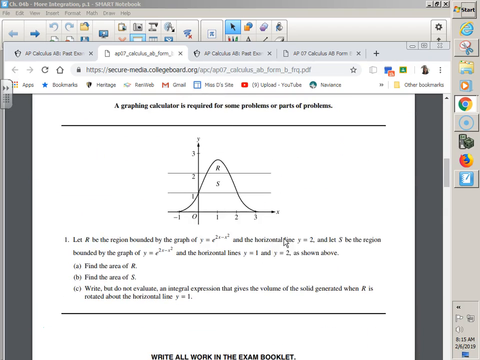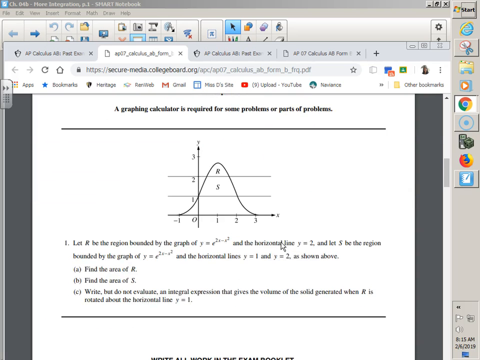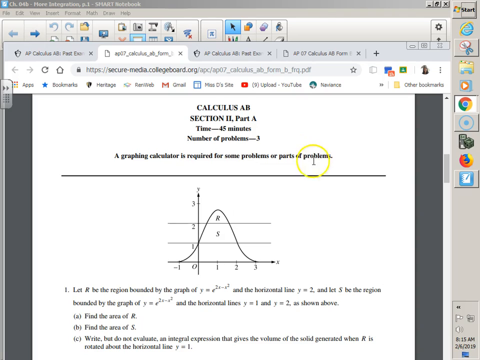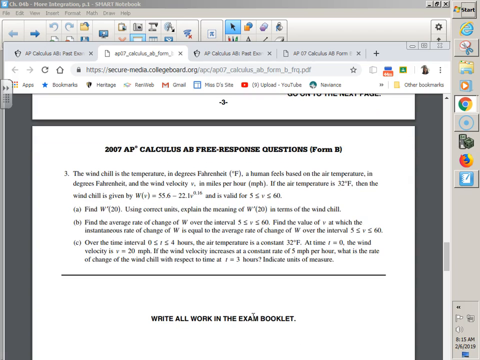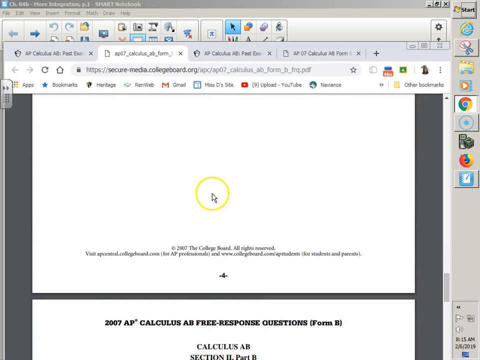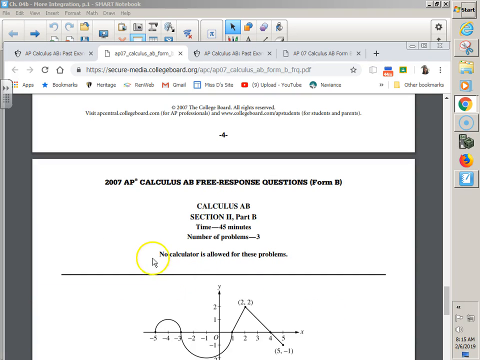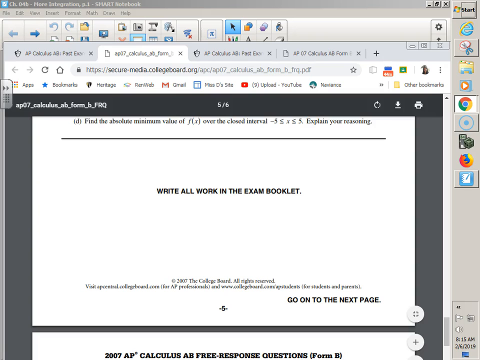In the olden days, you used to be able to use a calculator on the first 3 questions. They say a graphing calculator is required for some parts, so they should tell you when the graphing calculator is no longer required. Does it say stop? Perfect, no calculator. So on the older versions of the exams, you can tell which ones are calculator, non-calculator. Basically, it's the first 3 calculator, second 3 non-calculator. But this is just the question, which is good and all, but let's go back